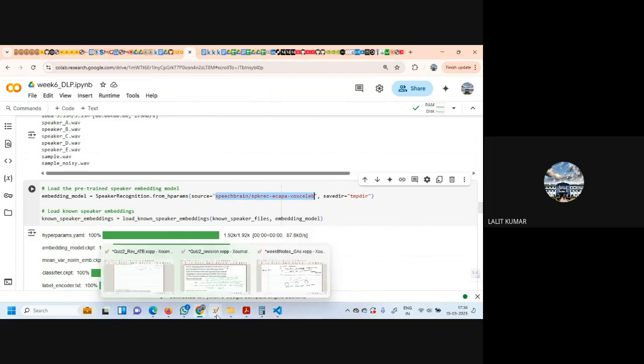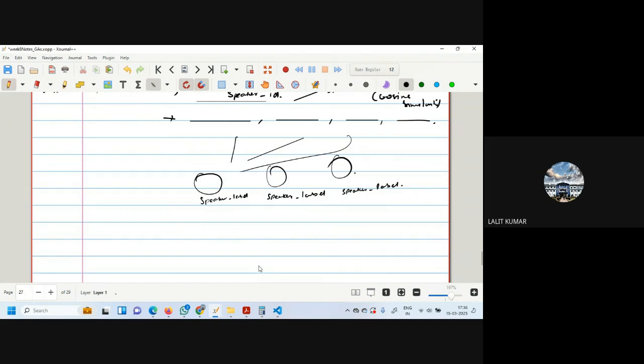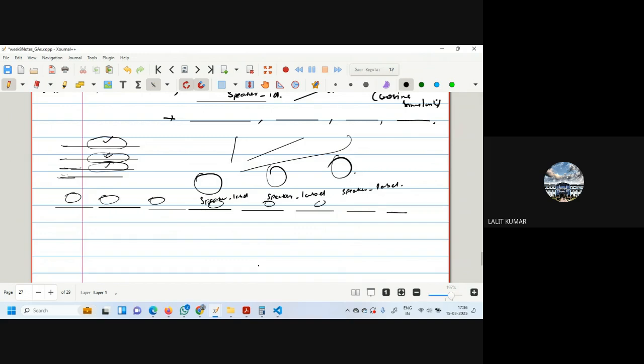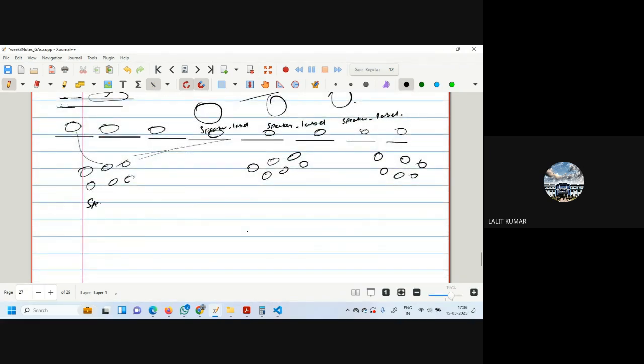In week 6, basically we are given a lot of audios. From them, first we extracted the audio and the sampling rate. Then for the speaker IDs, first we did the embedding of all of them segment-wise, at every 16,000 rate, so we have got the embeddings. Now we do the clustering. Whichever embeddings are closer form one cluster, and these embeddings form another cluster. By knowing these clusters, we give labels to them: this is speaker 1, this is speaker 2, this is speaker 3.